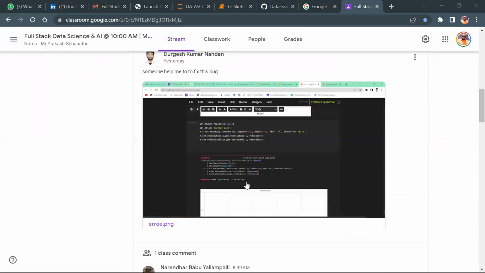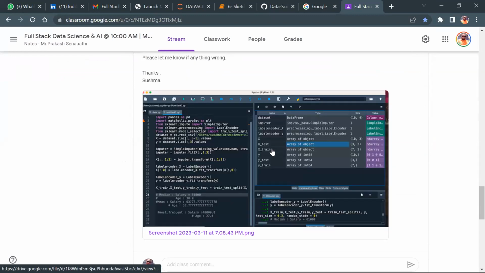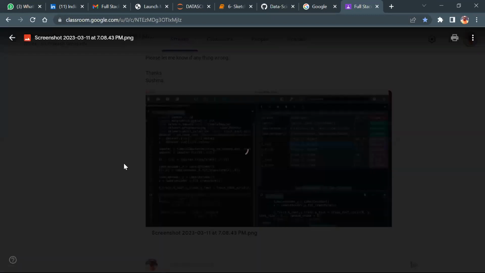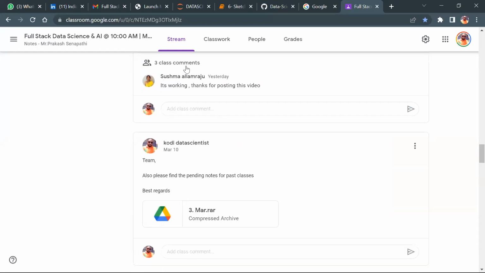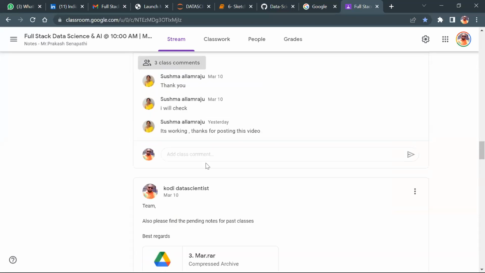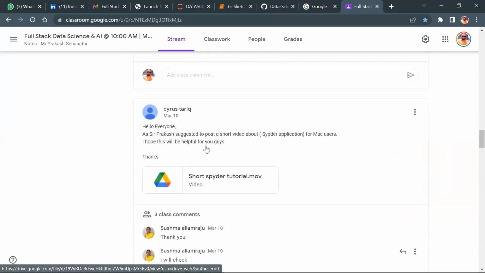Did you see, they started working on the projects, they try to build some of the models, and they find their accuracies as well. And I posted this, the way for Spyder for Mac users. It works. I post some of today's sessions like this. You can download and start working.